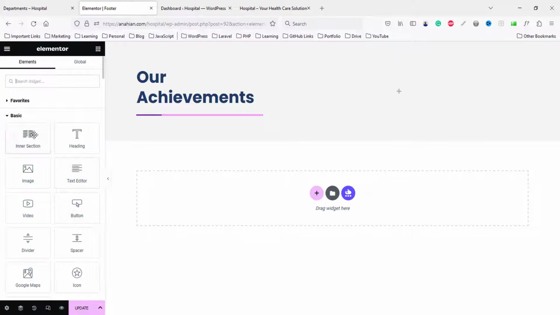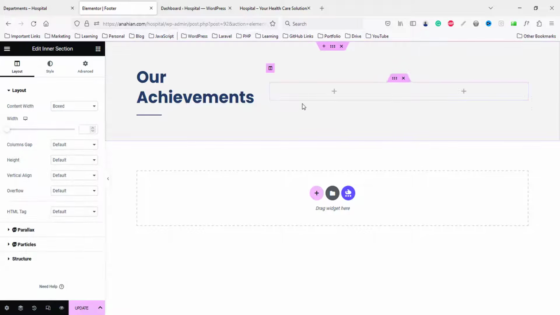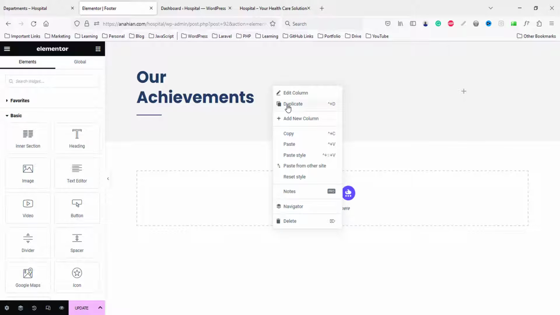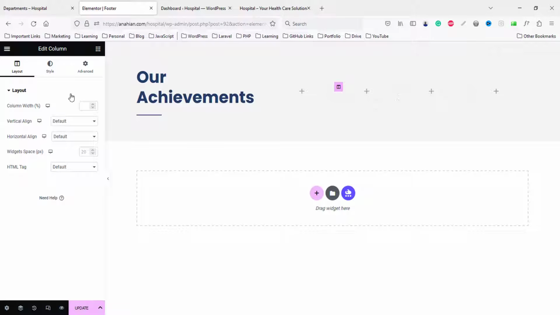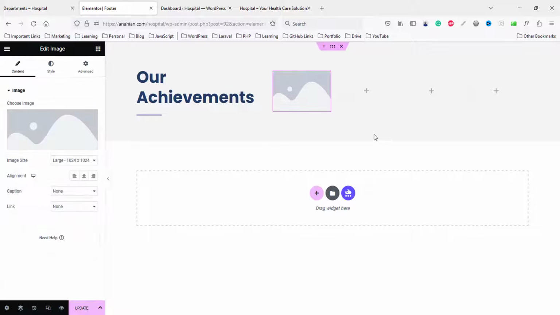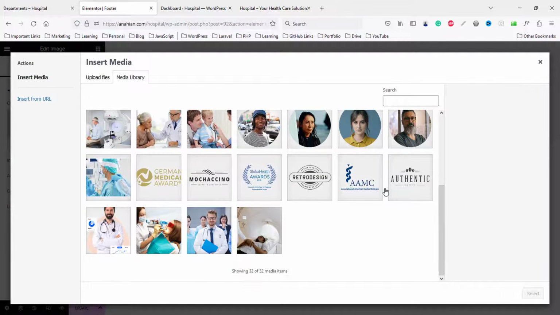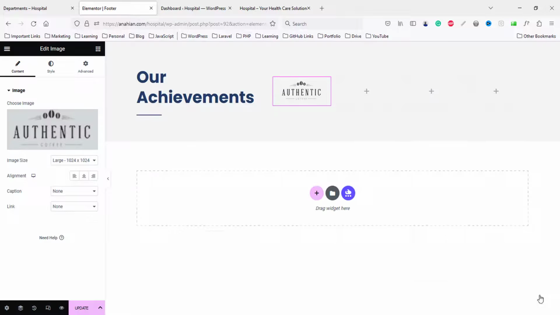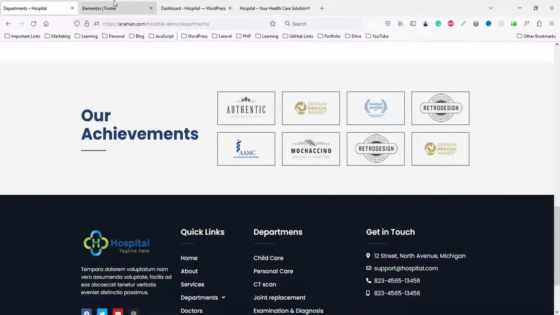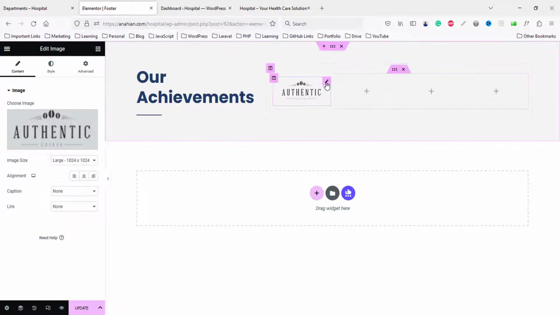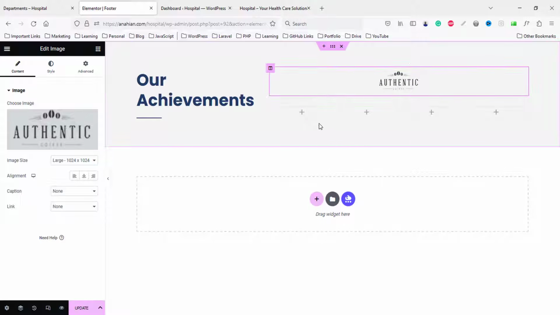Now we need an inner section, so just add an inner section here. So we need 4 columns, so just duplicate this part and duplicate. So we can add an image part. So first choose image, so our image will be like this one, so we can choose first this one. If you check the style part, they have a border, okay. So this parent icon, sorry,